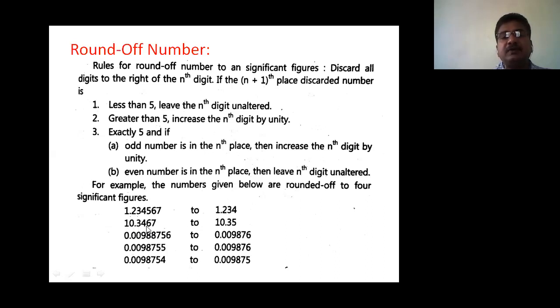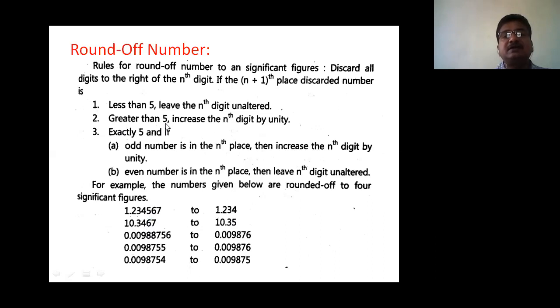But how can we write this number? The next digit, we have to discard digits from 6. All digits from 6, that is, we have to discard. We have to remove the 6 and 7, because we have to round this number up to 4 significant figures. And the first discard digit is 6, and that's why we increase the previous digit by 1. That is, write 5 in the place of 4. Okay, so the second rule is applicable.